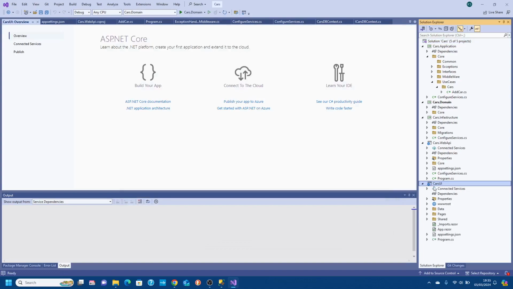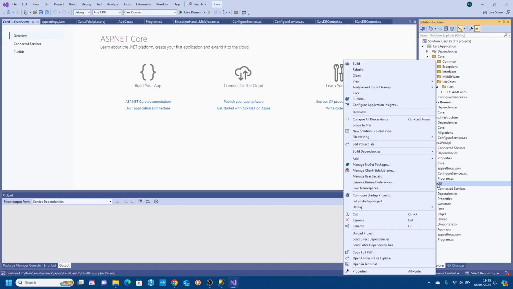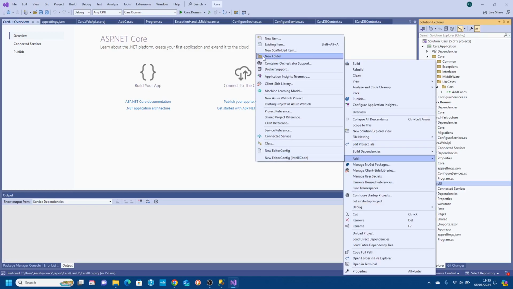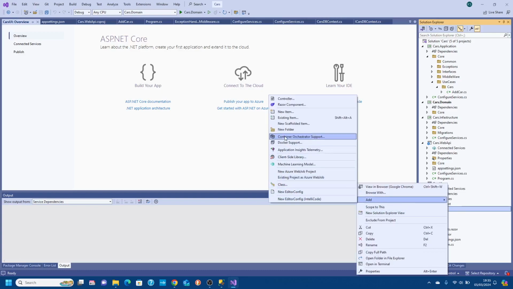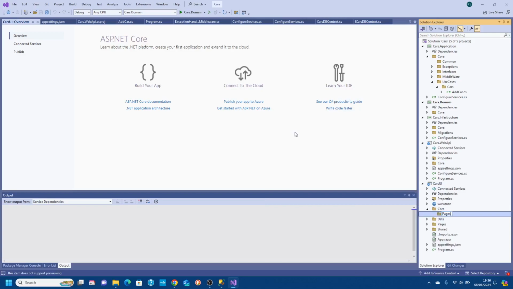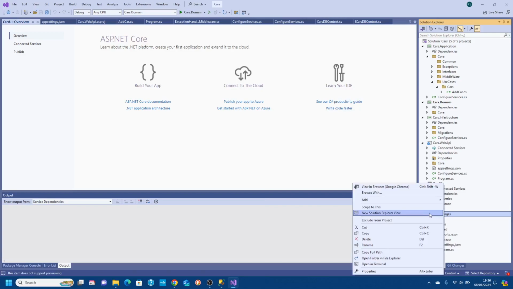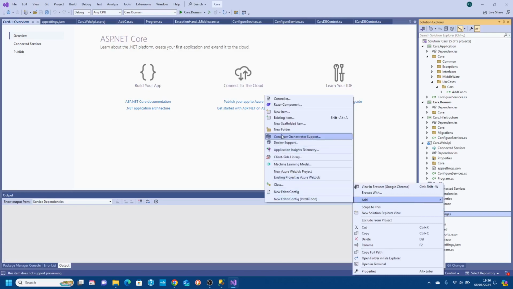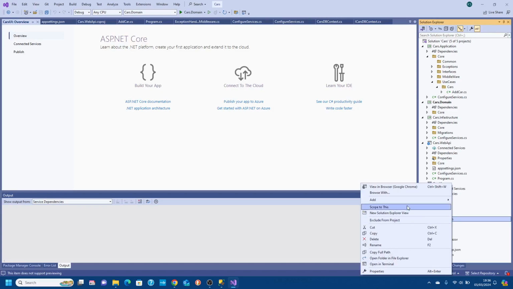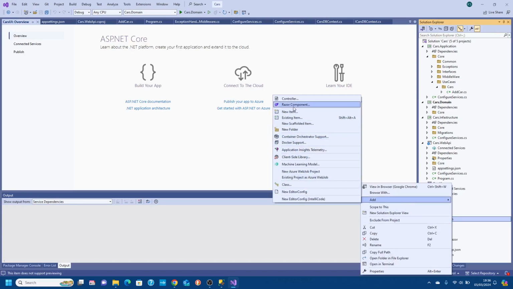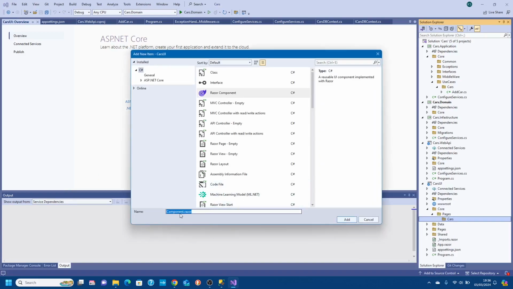And we're going to need to do a couple of things here. So we're going to create a new folder called core. I'm going to create a couple of folders in here, add, new folder pages. I'm going to say add, new folder cars. And what we're going to do is add a razor component. So we'll just leave that as it is at the moment. It's a razor component. We're going to choose on here cars, add,